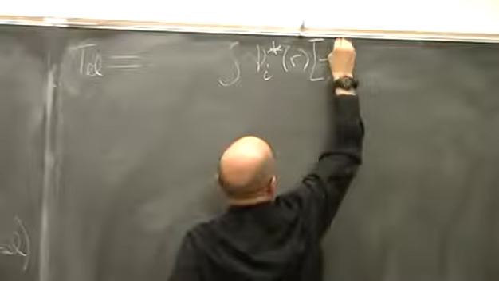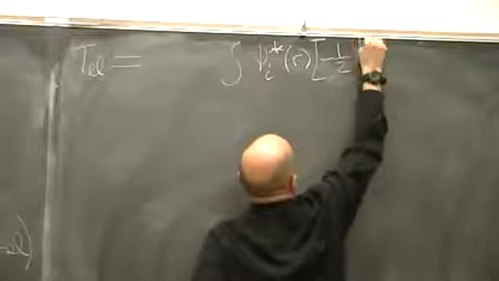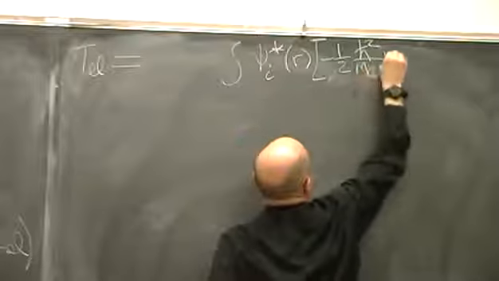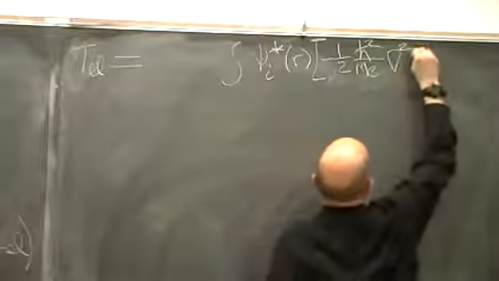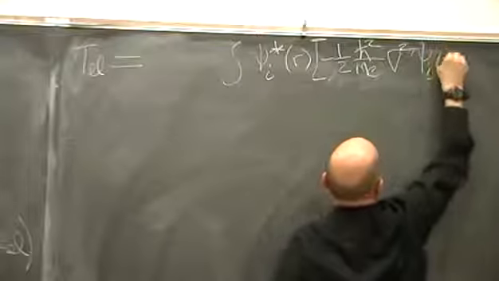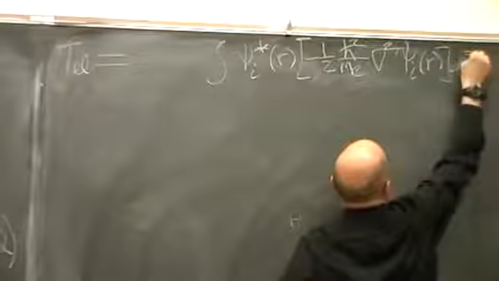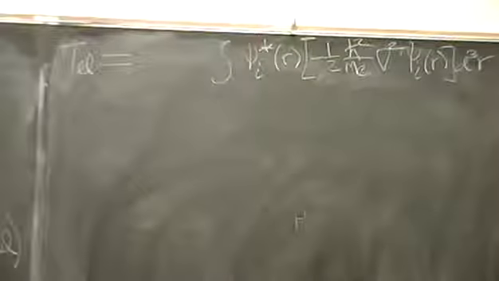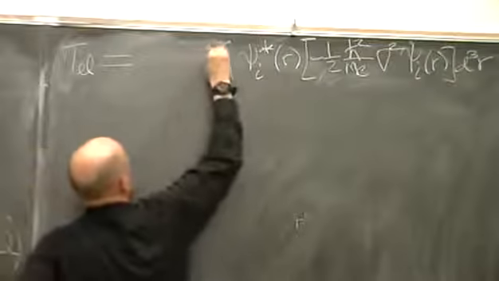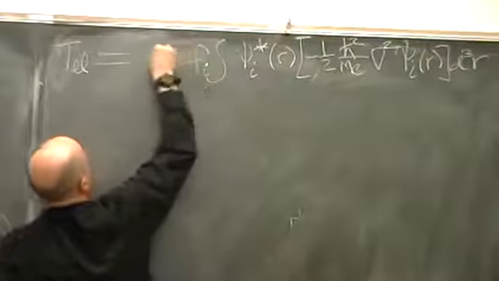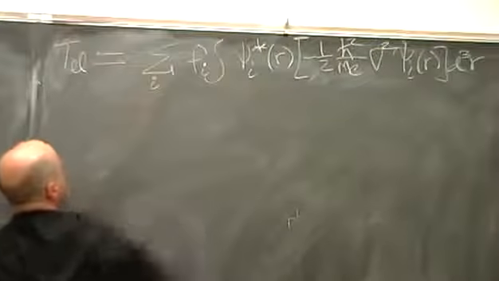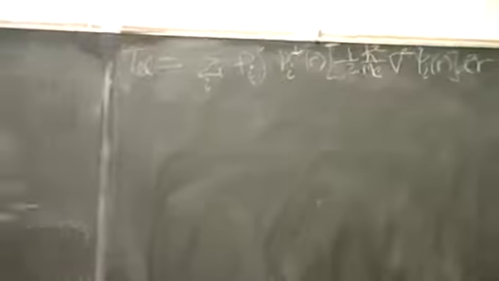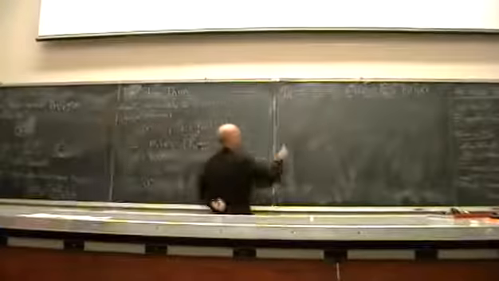There's minus 1/2 h bar squared over the mass of the electron, del squared, acting on the orbital. And that's how much kinetic energy that orbital has. And I've got f_i electrons in that orbital. And I would just sum those up like that. Pretty straightforward. The nuclear term, again,